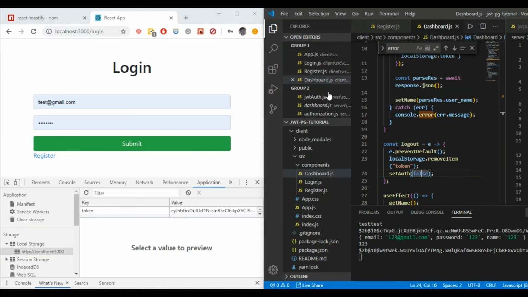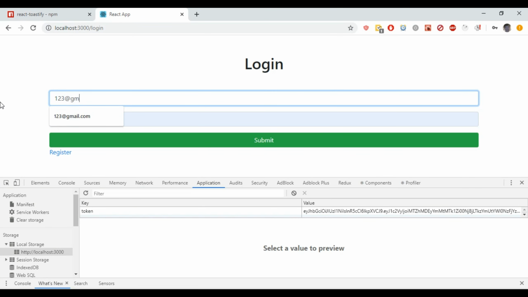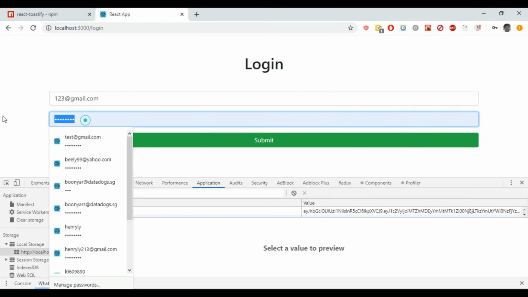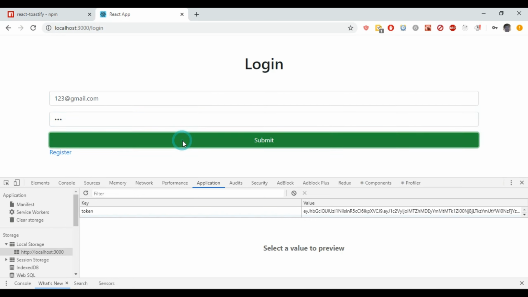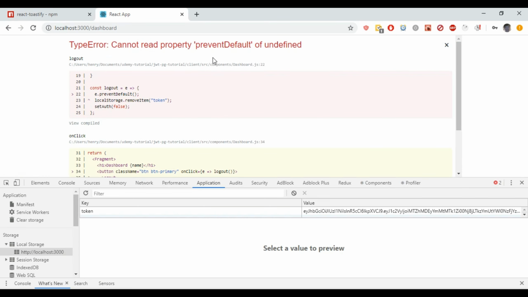Okay, so let's go back inside here. Let's log in one more time, and then let's go 123. So if I submit the data, I go to dashboard 123, so I get my access to it. And then if I log out, it should bring me back inside here. Okay, so